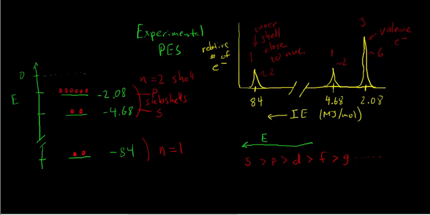So this shell, since there's only one subshell, we're going to call it the 1s energy level. And this energy level right here then, since it's in the n equal 2 shell, we're going to call it the 2s subshell. And up here, since we're still in the n equal 2 shell, these two energies are pretty close together and very far away from this energy. So we're going to make them still the same shell, and we're going to call this one the n equal 2 shell, but the p subshell within that shell. So we've got 1s,